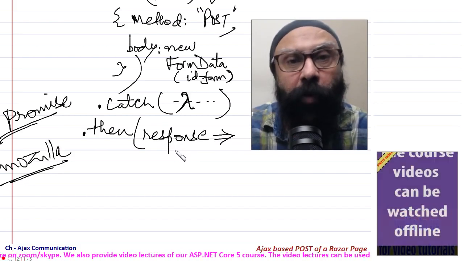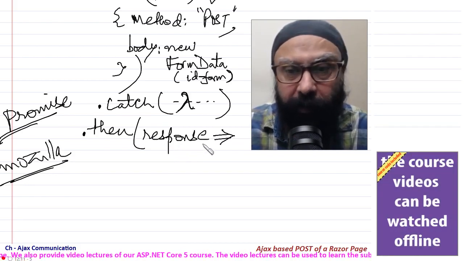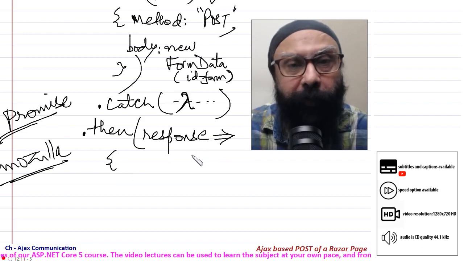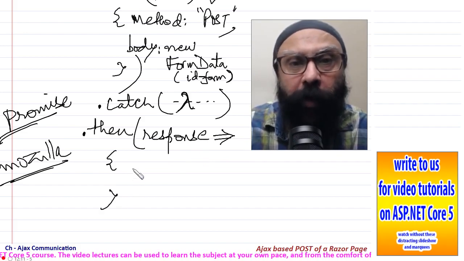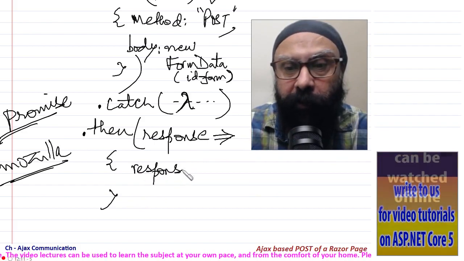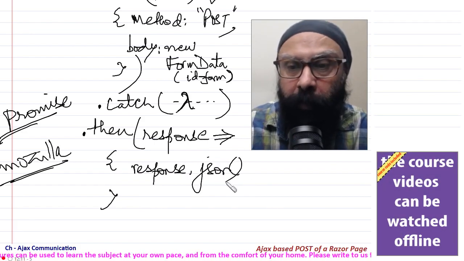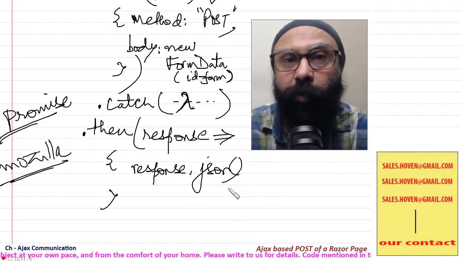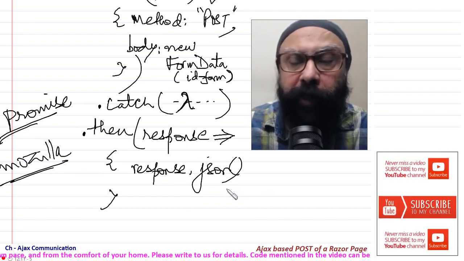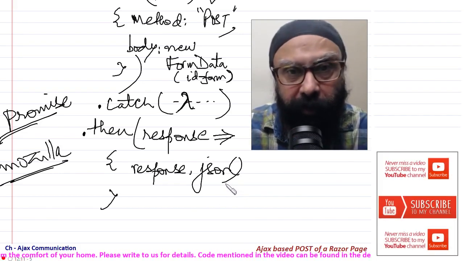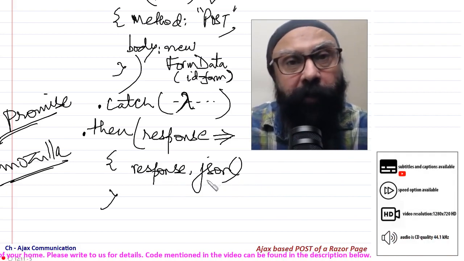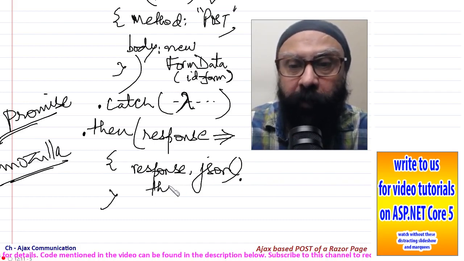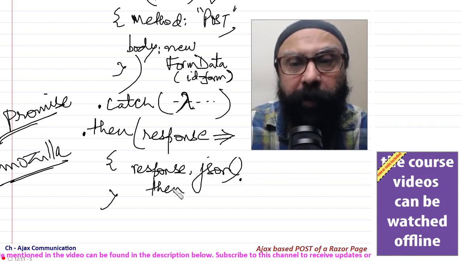This stream is also to be read in an asynchronous manner. So we write then, this is asynchronous, then response goes to, this is a lambda that I'm writing, response goes to response.json. This will give me the JSON string that is coming from the server side. Because the whole thing is AJAX based, your server side function should return a JSON formatted string. This is again parsed asynchronously, and therefore response.json then.